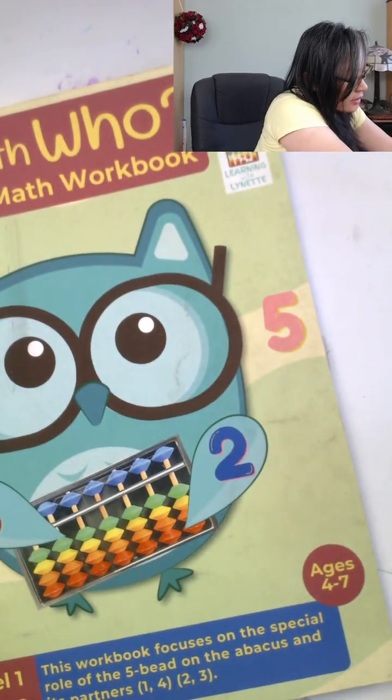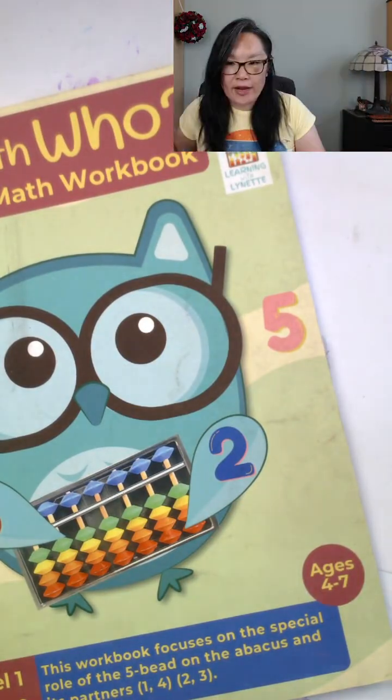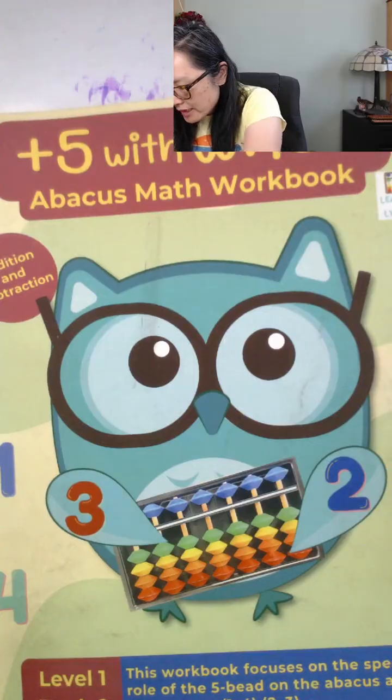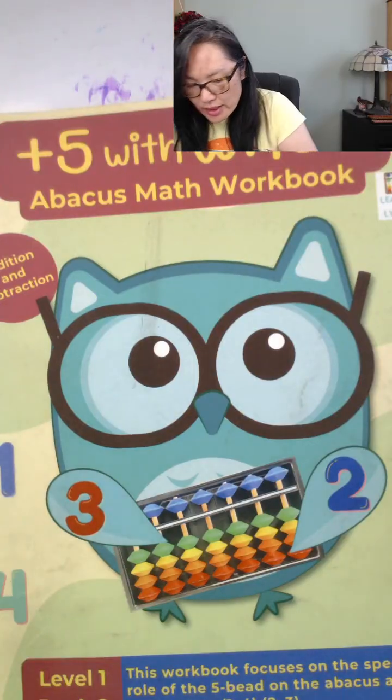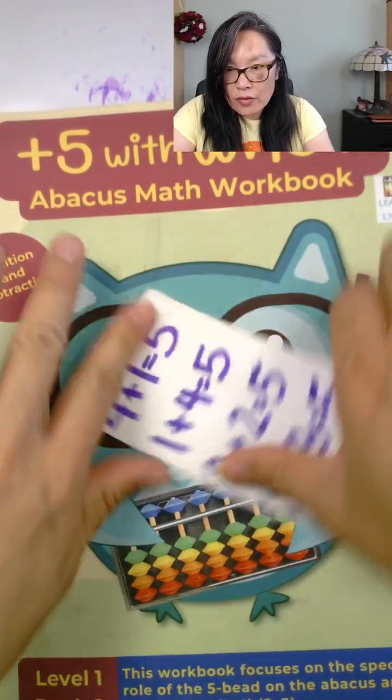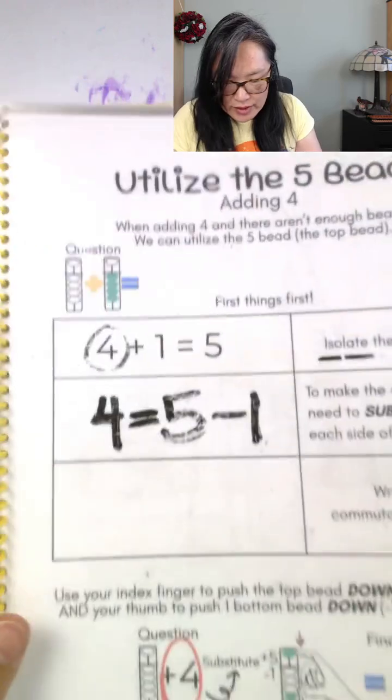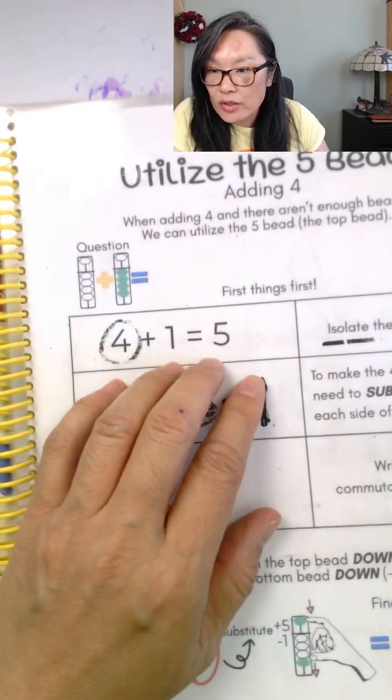Not enough beads. So that's where this comes in, and we talk about how to make a 5. We're teaching this in school. We're teaching how to make a 5 in school. 4 plus 1 is equal to 5. That's what we're teaching in school. But what we need to do is we're going to